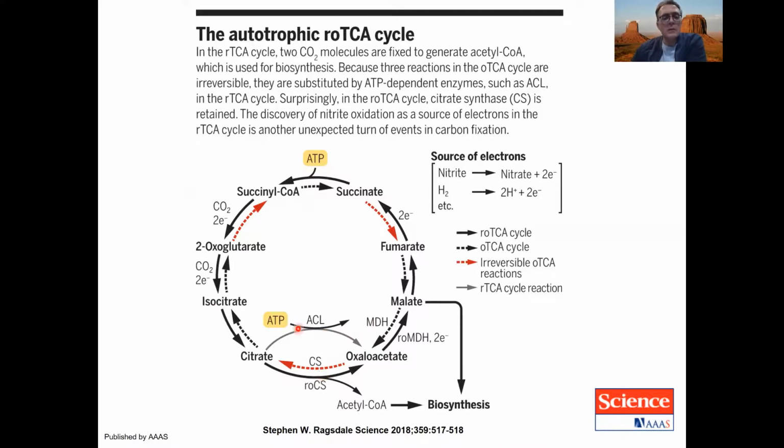Now you do retain, these bacteria actually still maintain citrate synthase, and the reason why they do it is so they can actually fix inorganic carbon into acetyl-CoA. Okay, so now acetyl-CoA becomes a product of citrate synthase, not a reactant. And you may ask, why do you need that? Well, you can use acetyl-CoA for biosynthesis, as we will see. You can use it to make lipids, but you can also, in some cases, use it to make even bigger things.